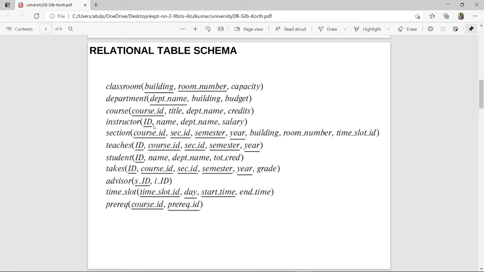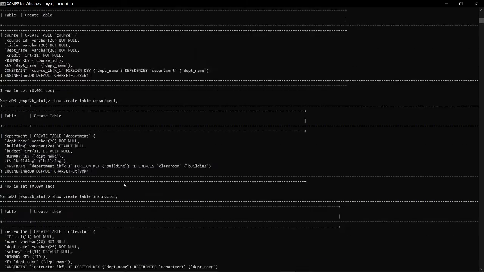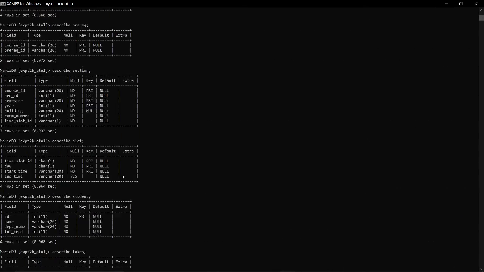Similarly, course ID in instructor is also course ID, but this course ID is not related to this. A primary key can also be a foreign key. So student ID is related to the teaches primary key, not this. So this is how a table is created.